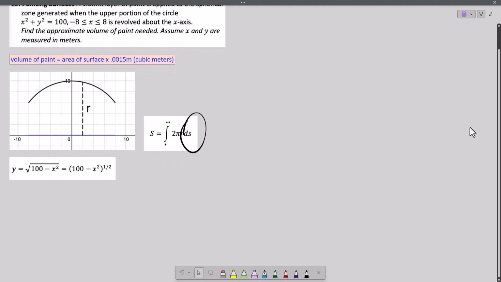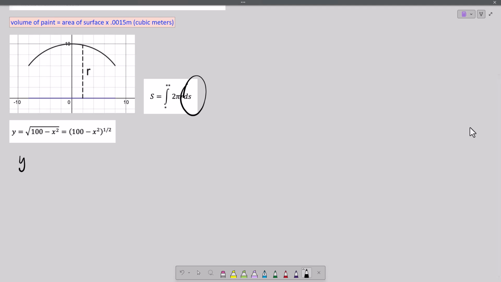All right, so we've got a circle of radius 10, centered at the origin. We're looking at the upper portion of the circle of radius 10. So I isolated y, took the positive square root. The negative square root would give you the lower portion of that circle. So there's our function. The derivative, we use the chain rule. So the half comes down. We subtract 1 from that exponent. And the chain rule says we're going to multiply by,